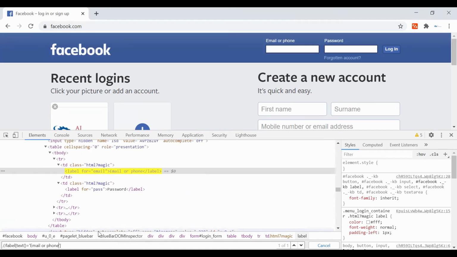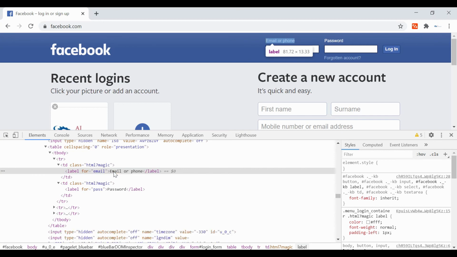Now what if this text has some spaces at the starting or ending? Then it won't be able to identify it with this.